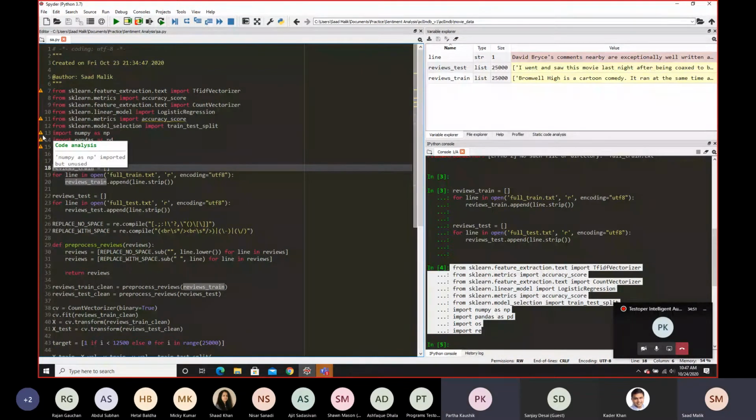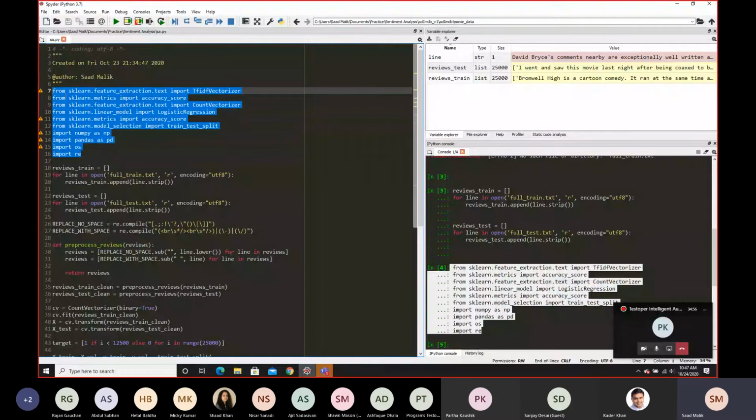So we're not doing run here. What you should do is make this selection, and then are you using Windows? Yeah, I'm on Windows. Press F9. Oh, F9. Yeah. Are you using Spyder as well? Yeah, Spyder. Okay. So what we're doing with this exercise, we're going to run line by line.